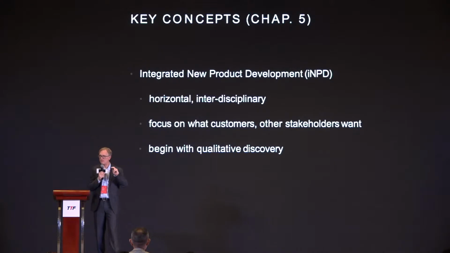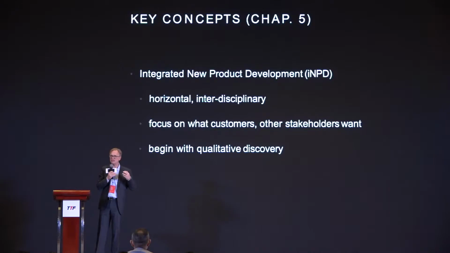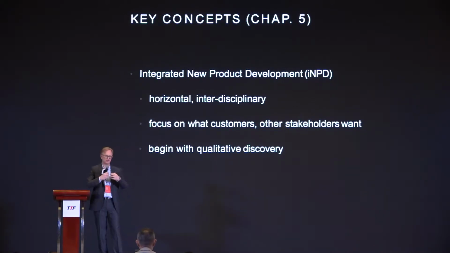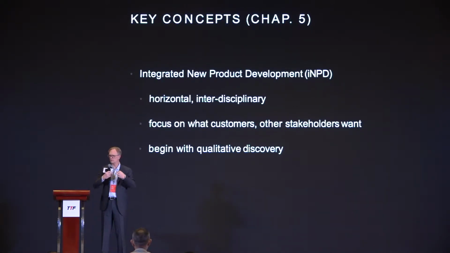These are simply the main points from this chapter, chapter 5, where he talked about the process that you go through. When you think about integrating new product development, you think about working in teams, horizontally, also teams that are interdisciplinary. What does this mean? This means you put together a team that's not just engineers, or not just designers, or not just marketers or salespeople, but their book advocates having people with different perspectives in the team to work through